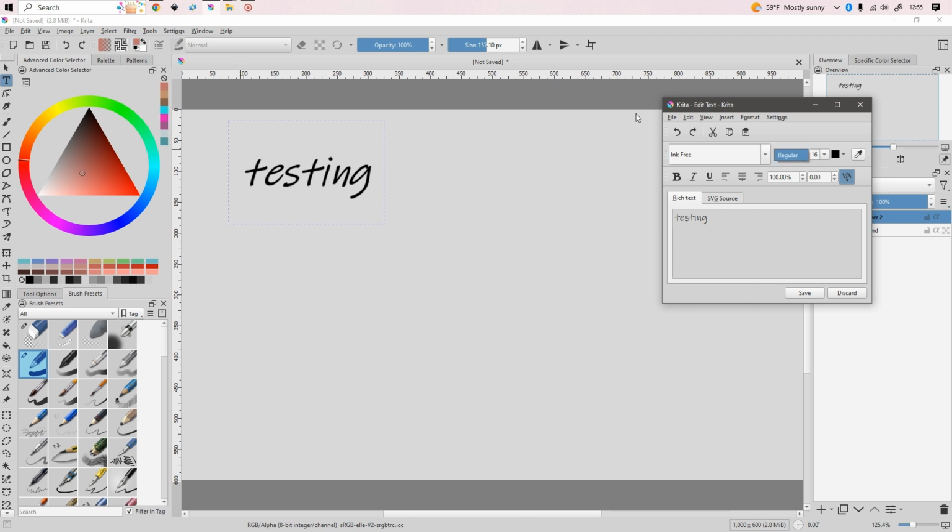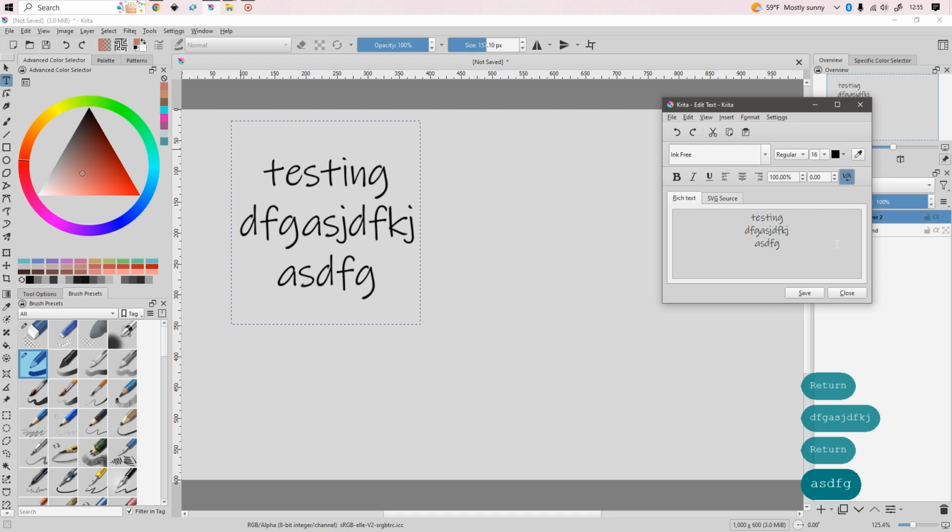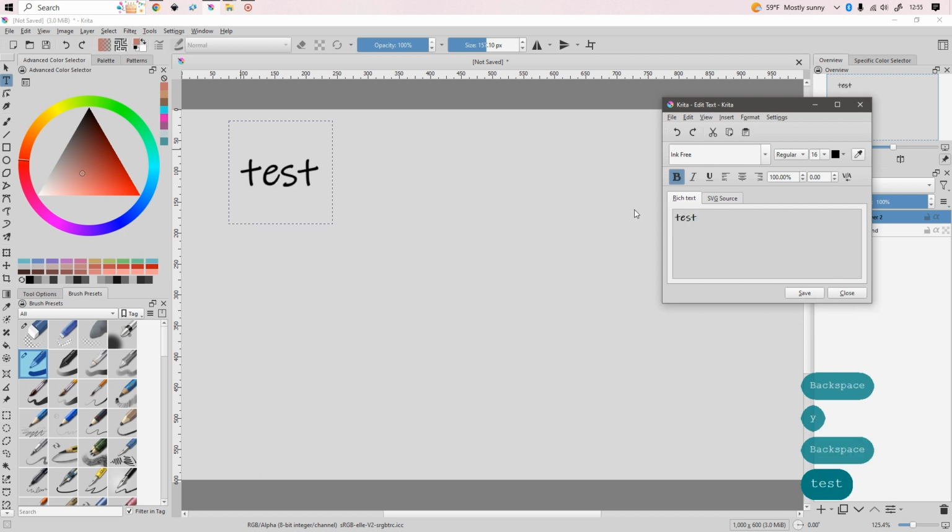There's a lot of other options here that I don't play with a ton, but you can actually make this multi-lines too. So that's left justified, center, basic text editing type options. Let's just put this back in. And I